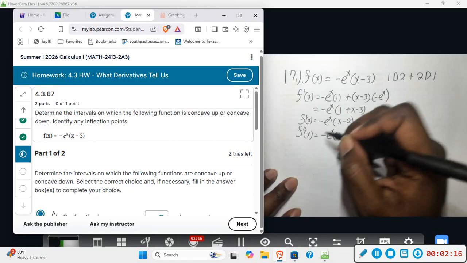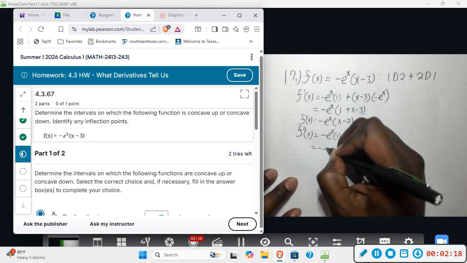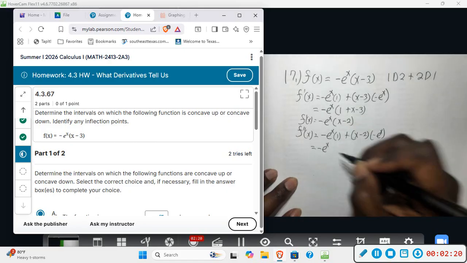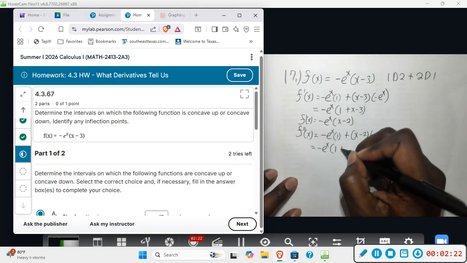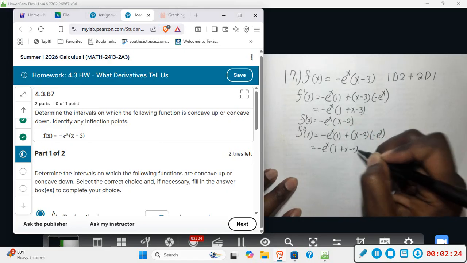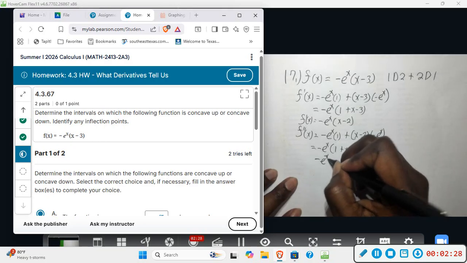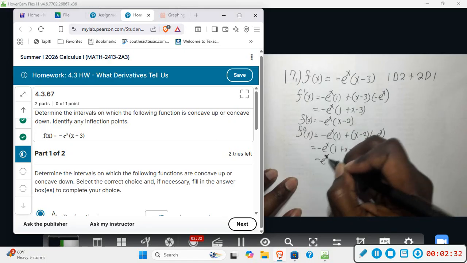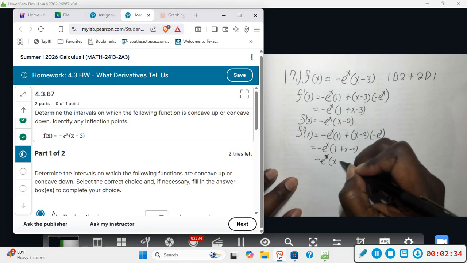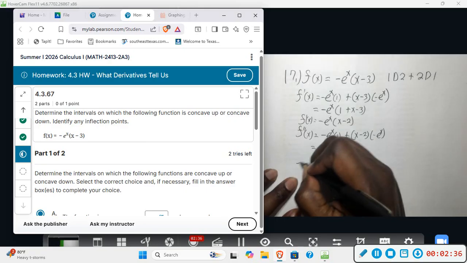And then factor out negative e to the x again, leaving us with 1 plus x minus 2. And ultimately, we will end up with negative e to the x, x minus 1. All right, so here's our